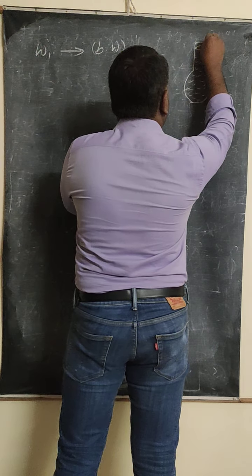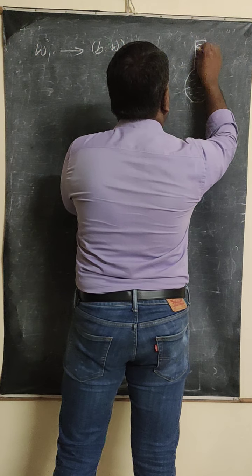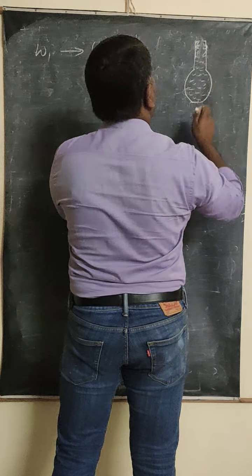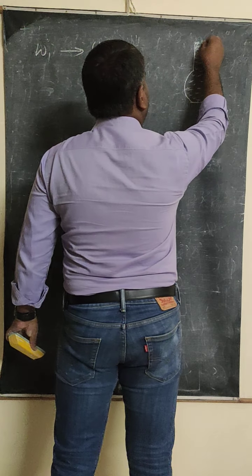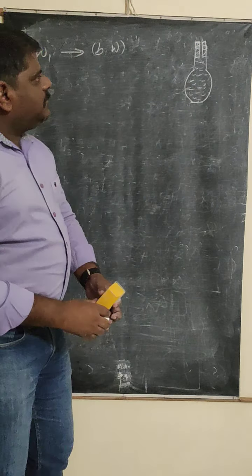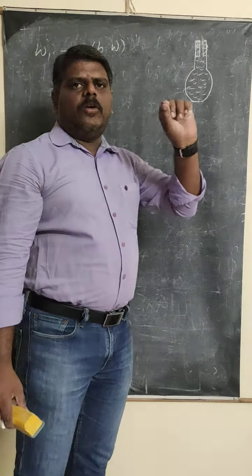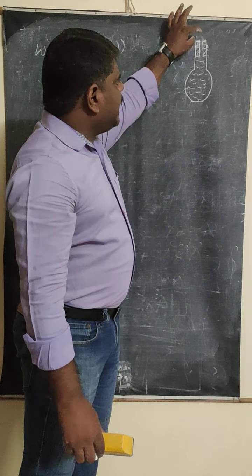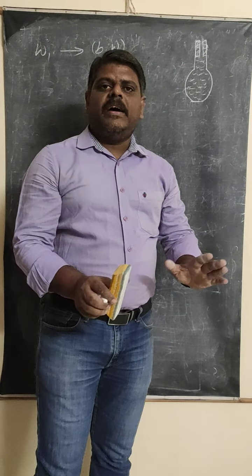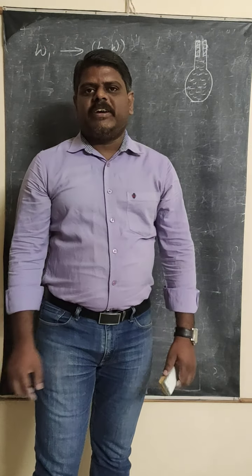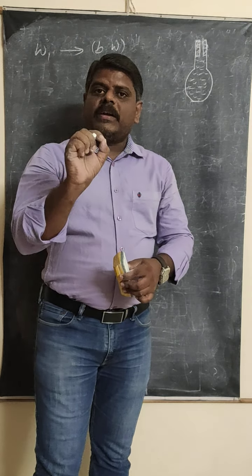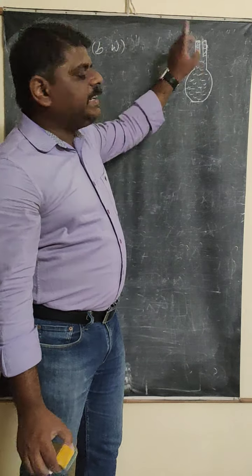Then I am going to arrange a rubber cork which contains a small narrow hole at the center, like this. Now what happens here? It is completely filled, so there is no space for extra oil inside the specific gravity bottle. You completely fill it and press the rubber cork, which has a small hole at the center.